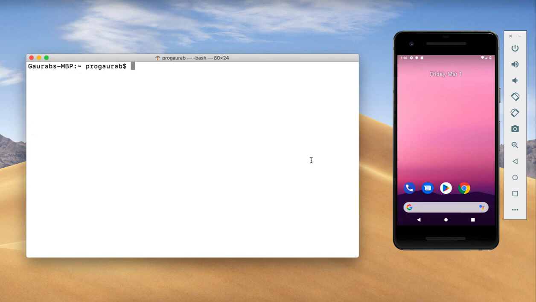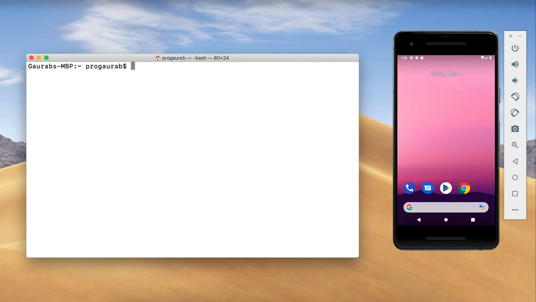Hi, welcome back. In this chapter, we will clone an application from GitHub and then we'll add a platform. Also, we'll add the Cordova device plugin to fetch the information of the device. First, open the terminal on your MacBook or Ubuntu, or the command line interface on your Windows desktop or laptop.